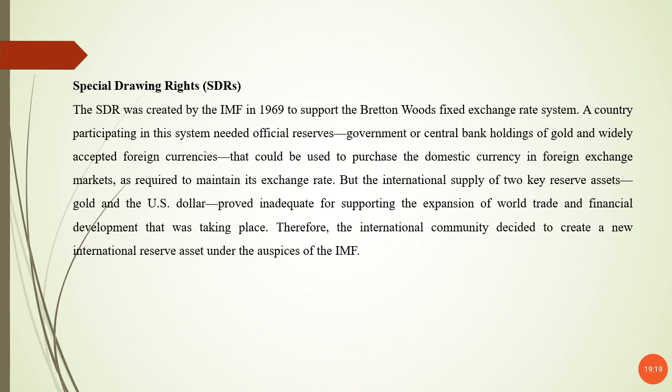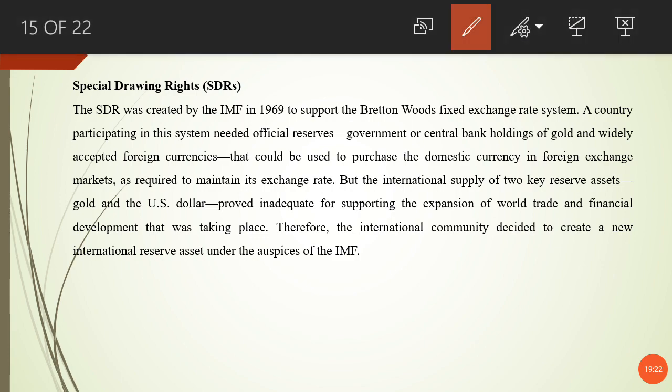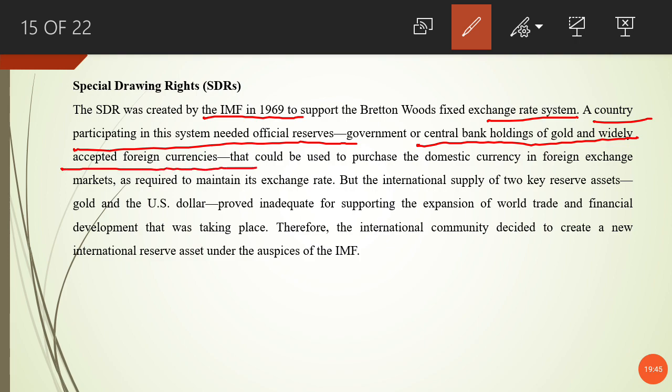Special drawing rights. The special drawing right was created by the International Monetary Fund in 1969 to support the Bretton Woods fixed exchange rate system. A country participating in this system needed official reserves, government or central bank holdings of gold and widely accepted foreign currencies that could be used to purchase the domestic currency in the foreign exchange market as required to maintain its exchange rate